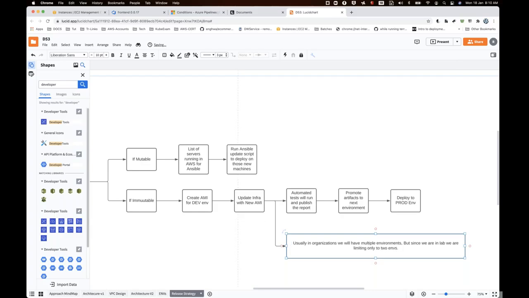That's one point. And the second thing is the pre-prod environment.